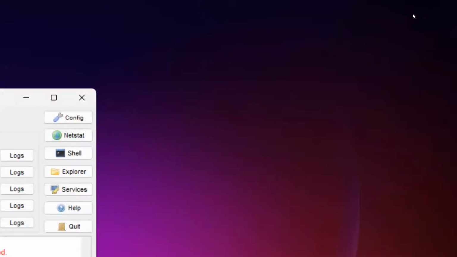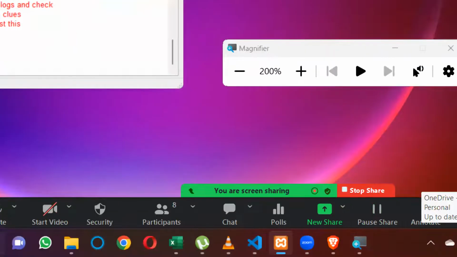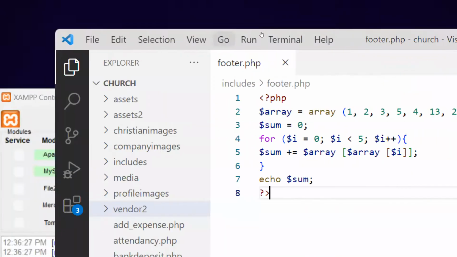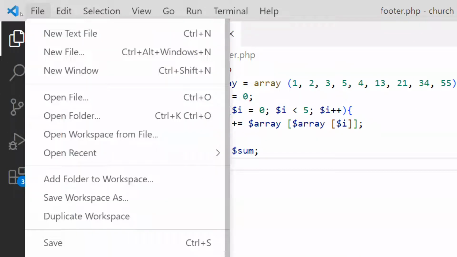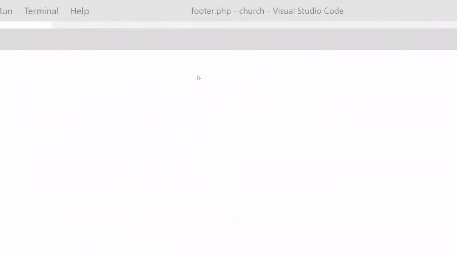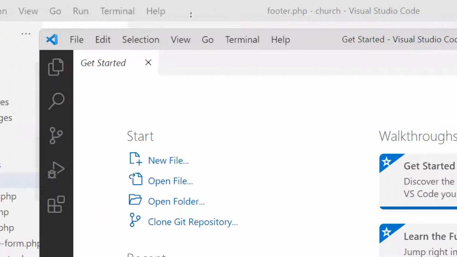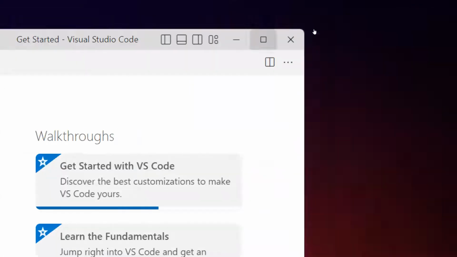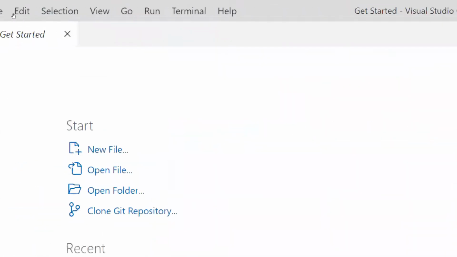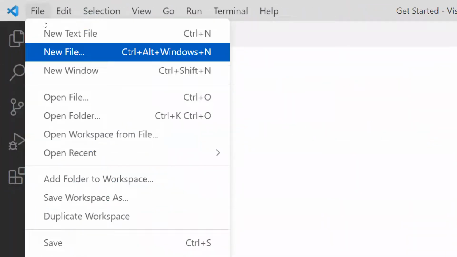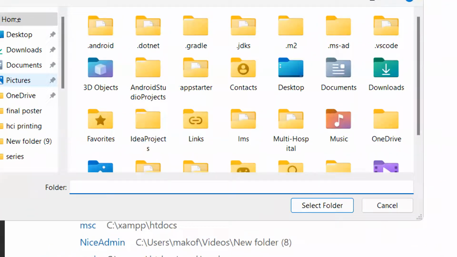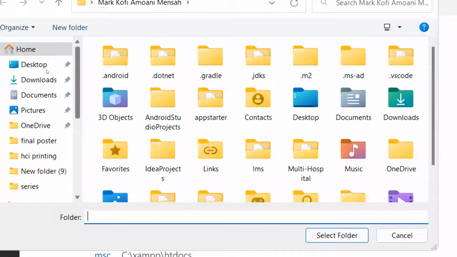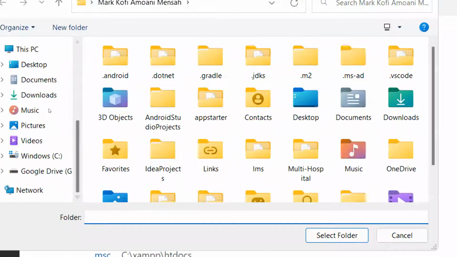So now that we have done some job for your database teacher, let's come and do some job for me, who is teaching you web application. I'm going to go to File, go to New, and then it's going to open up for me. And I can close this. And then I'm going to go to File, go to Open a Folder. And in the Open a Folder window, I'm going to go to